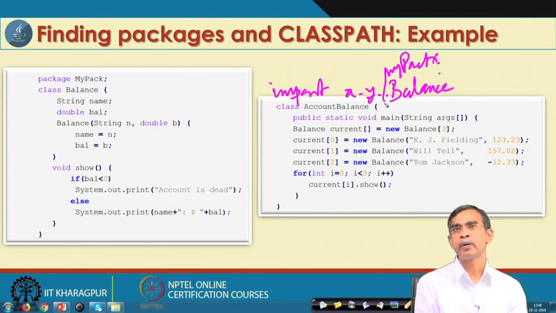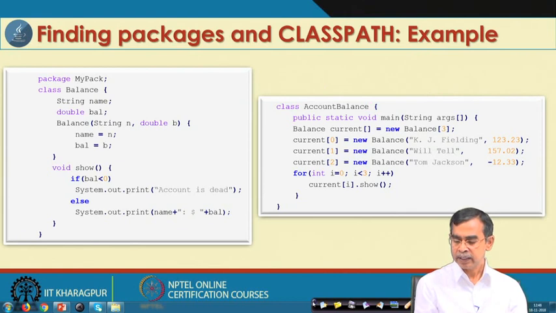So, this is also one way by which we can specifically tell the location, other than the class path setting. So, these are the different ways that the location of a particular class belonging to a package can be specified.